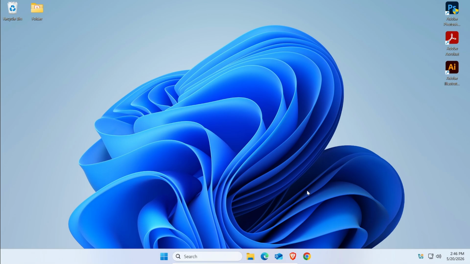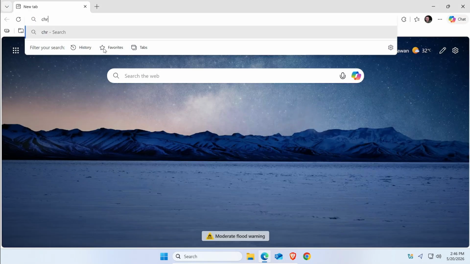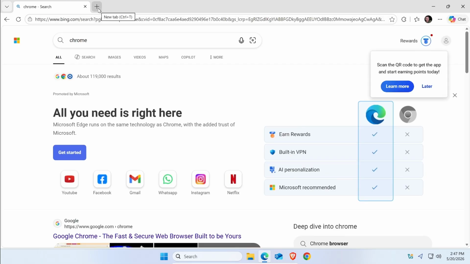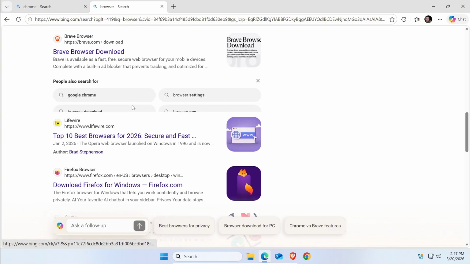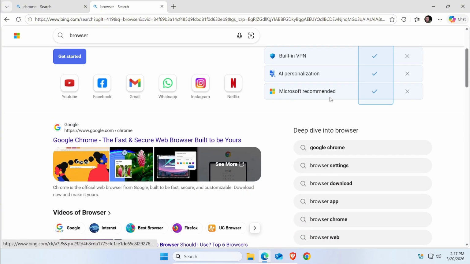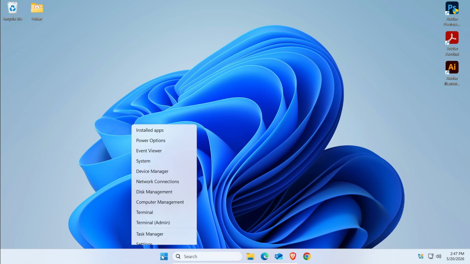Now, first up, you gotta make sure that you do have backup browsers, okay? So as you can see here, I have two. I have Brave and Google Chrome, as well as Edge. Now, if you don't have a browser, just open up Edge for the last time, before you say goodbye. So download Chrome or any other browser. As you can see, we have Brave, Firefox, and any other browsers. So just download one, and once that's done, go ahead over to your start menu, right-click on it, and